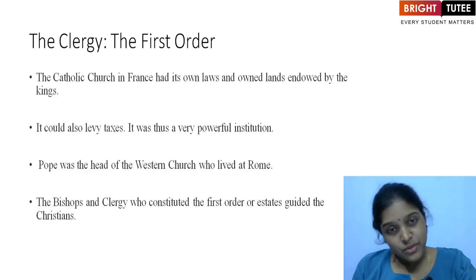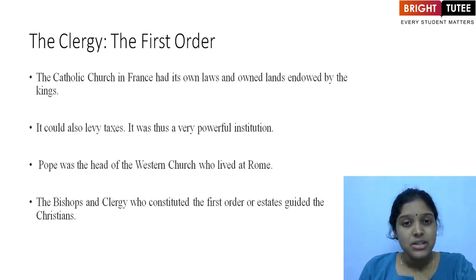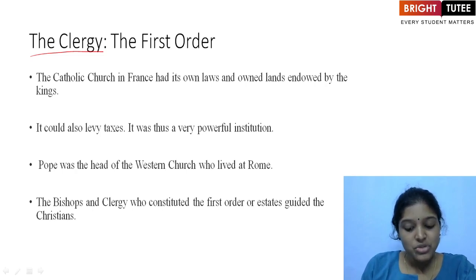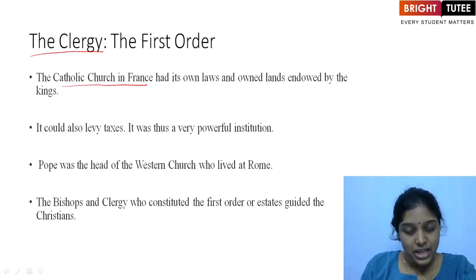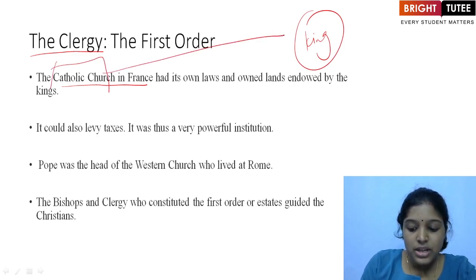Now we will look at each of these orders one by one and try to understand how they existed and what their features were. The first order is the clergy. The Catholic Church in France had its own laws and owned lands endowed by the kings. So the Catholic Church in the feudal order, especially in France, also owned lands. From the king, the Catholic Church also received land,